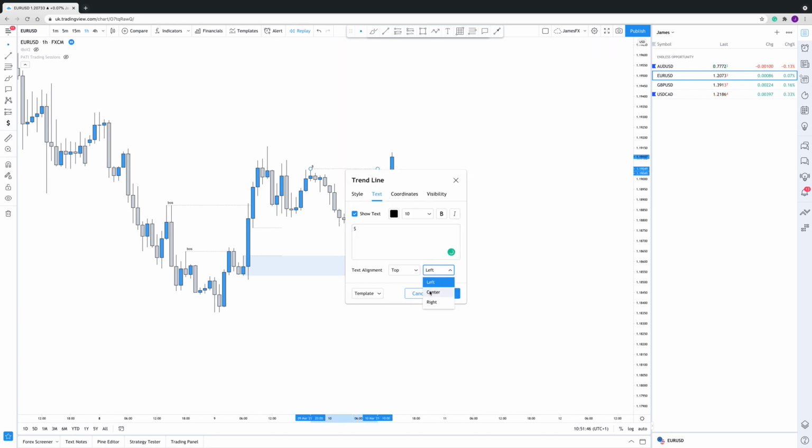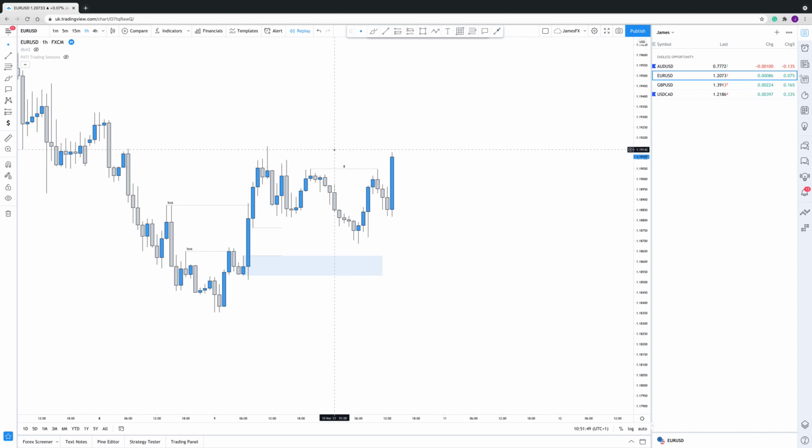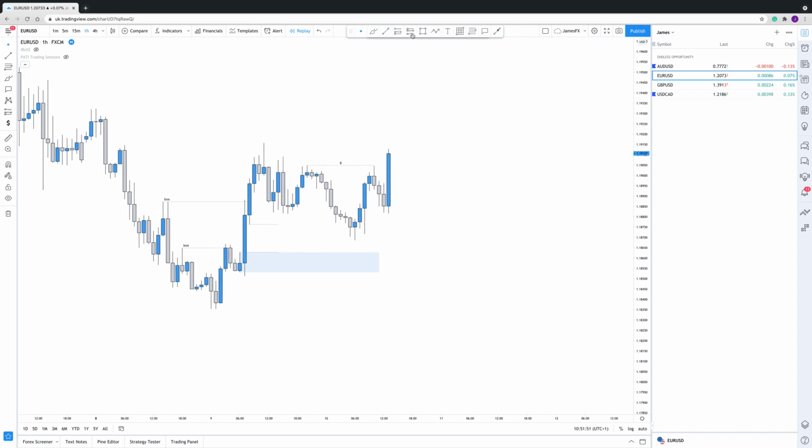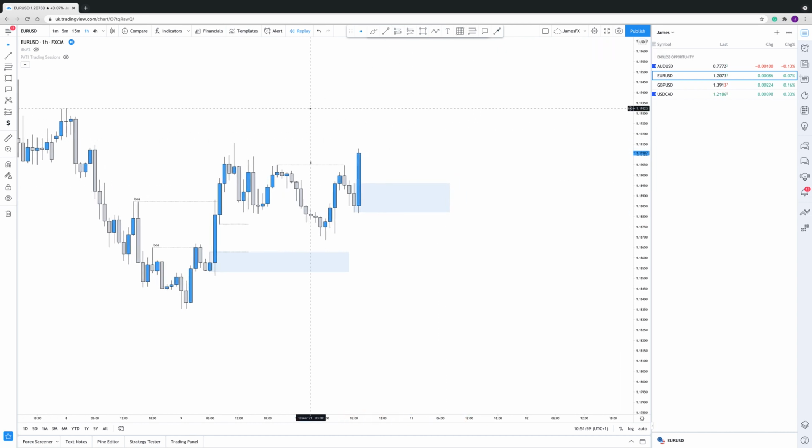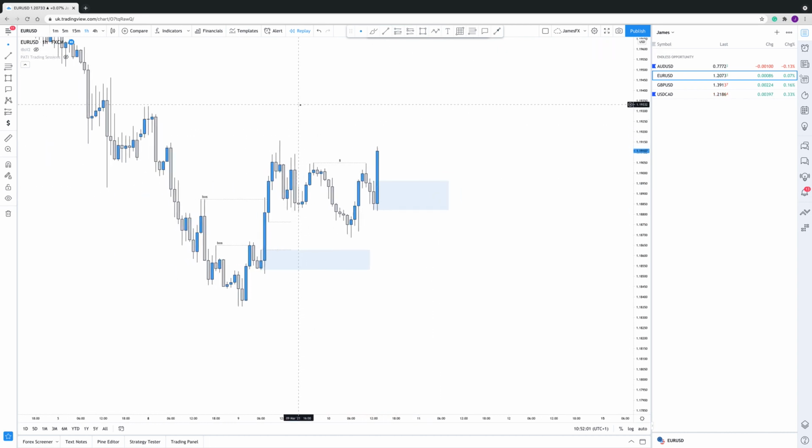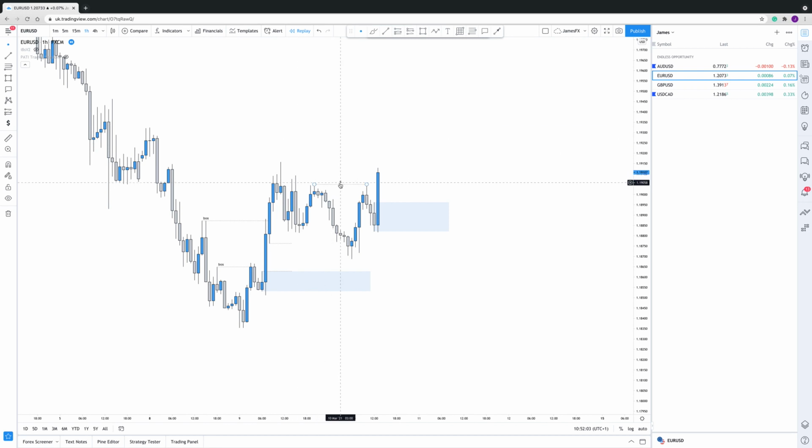Let me just put that on. I put a dollar sign just so I know there's liquidity above. So now we've impulsed above, breaking the equal highs, taking liquidity. That leaves behind an order block, which is here. Now let me just remove that. We can see we've broken structure,